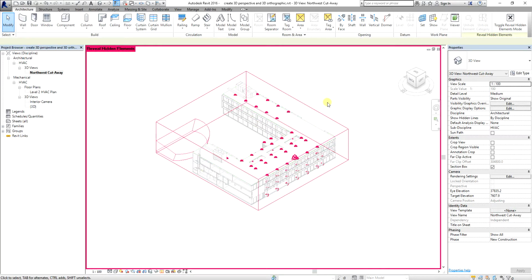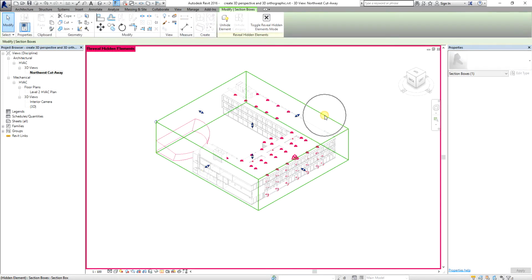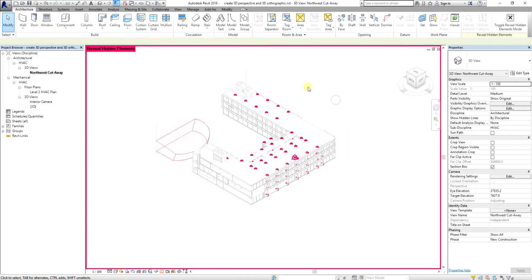And one of them is your section box. Okay, so I'm going to select the section box. And then after that, there is this tool here called Unhide Element. So you just need to select that. By doing that, it's now revealed. Okay, so I'm just going to select this tool again to close reveal hidden elements. And there you go,